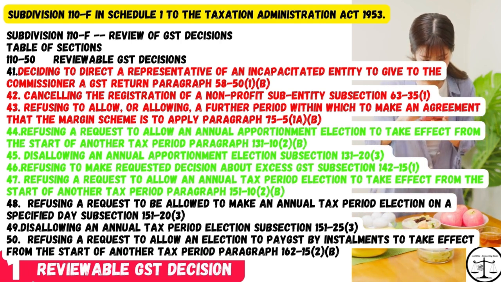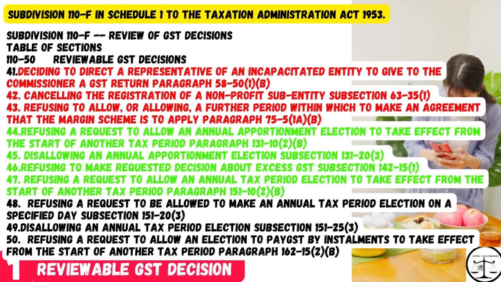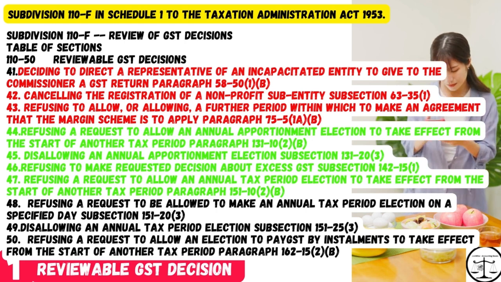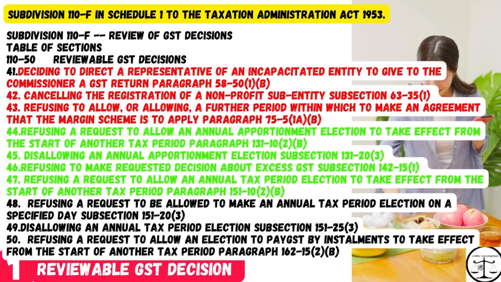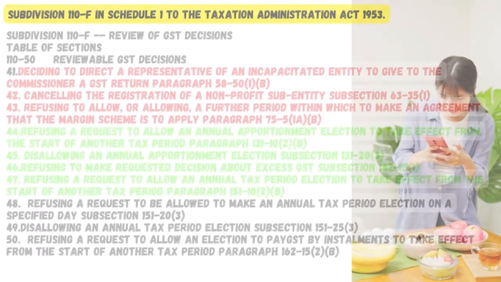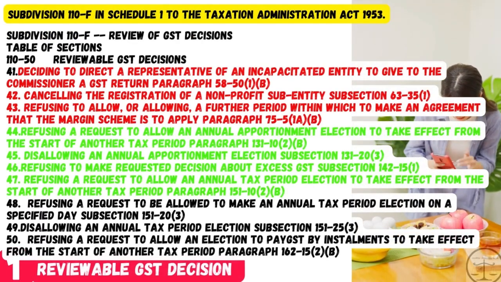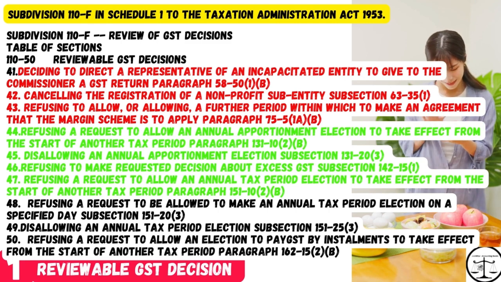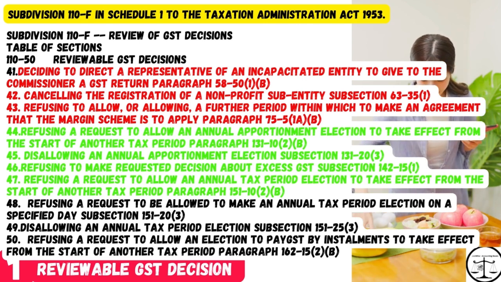151-10-2B. 48. Refusing a request to be allowed to make an annual tax period election on a specified day, subsection 151-23. 49. Disallowing an annual tax period election, subsection 151-25-3. 50. Refusing a request to allow an election to pay GST by installments to take effect from the start of another tax period, paragraph